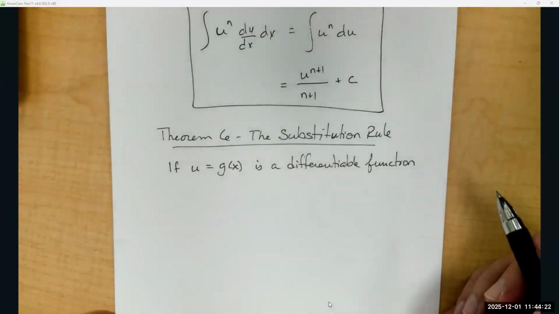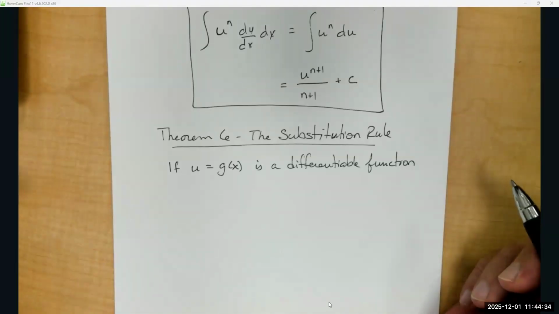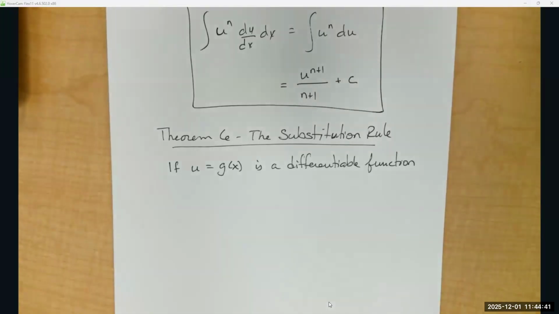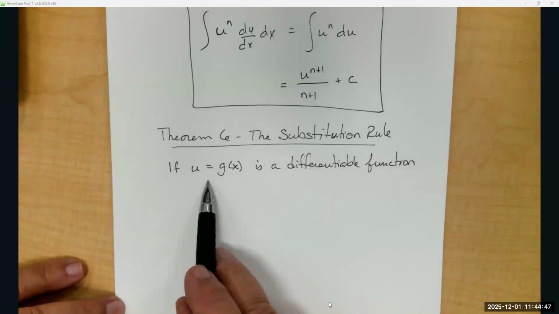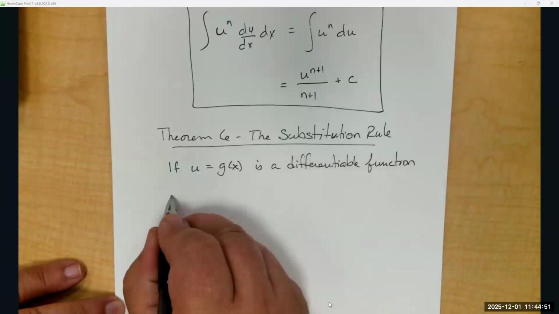What are the conditions for being able to take a derivative of it? Chapter 2 coming back to haunt us. Yes, the limit has to exist, the function has to exist at that point, and they have to be equal to each other from both directions. So if u equals g of x, that's our substitution, it's a differentiable function